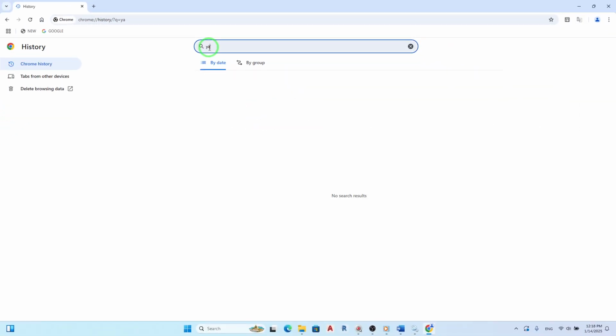Whether it's a specific topic or a phrase you remember from the page, just type it in and hit enter. As you type, Chrome will filter your history and display results that match your query. This makes it incredibly easy to locate that article you read weeks ago, or that video you watched but forgot